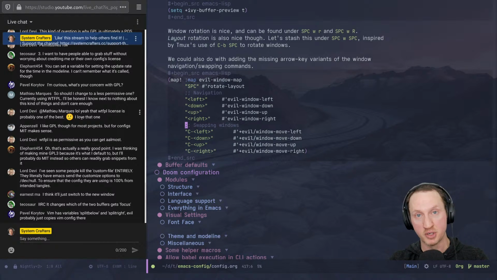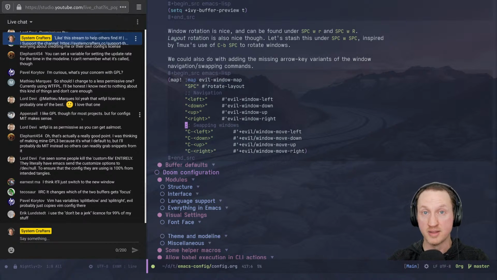So if you put your custom file somewhere random where the file might get deleted, then the next time you start up your Emacs session, it's going to prompt you again for those things. So that's like the only downside I can see really for that. So one thing I might do instead is set my custom file to something in my .files repo, but just ignore that file from Git so I don't check it in. That way, for this computer, anything I've set there will be